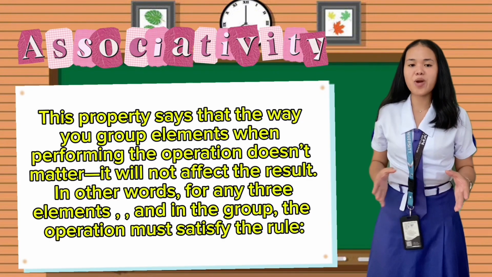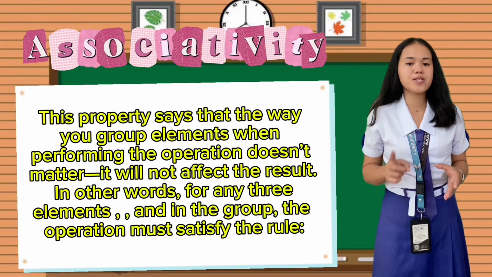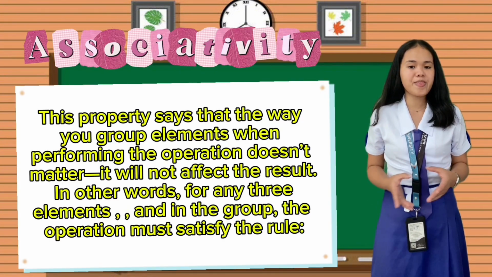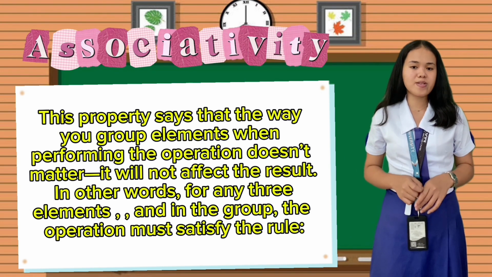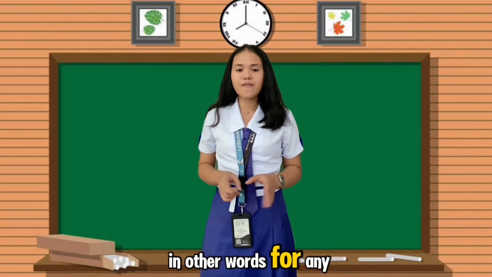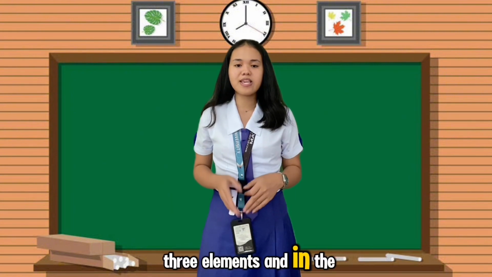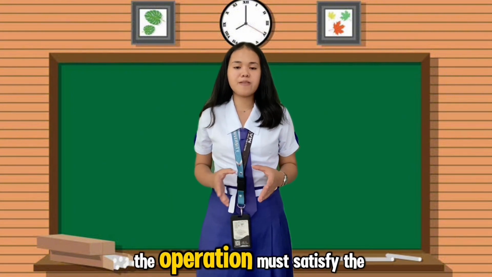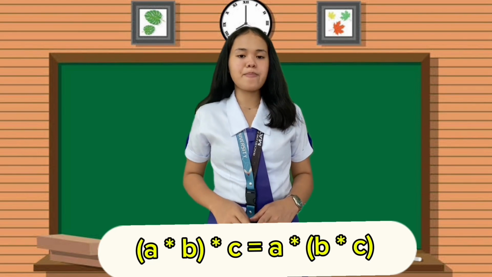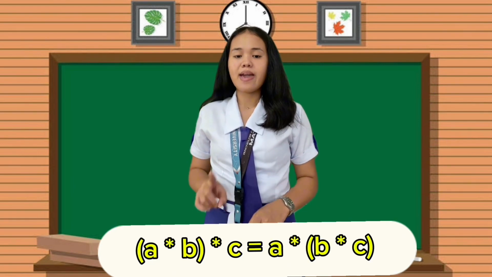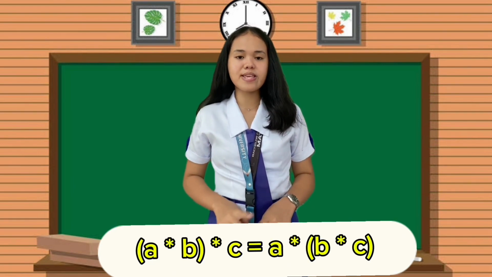Next, we have associativity. This property says that the way you group elements when performing the operation doesn't matter. It will not affect the result. In other words, for any three elements in the group, the operation must satisfy the rule: the quantity of A plus B plus C is equal to A plus the quantity of B plus